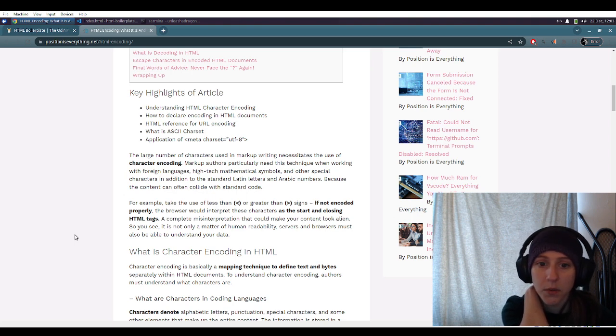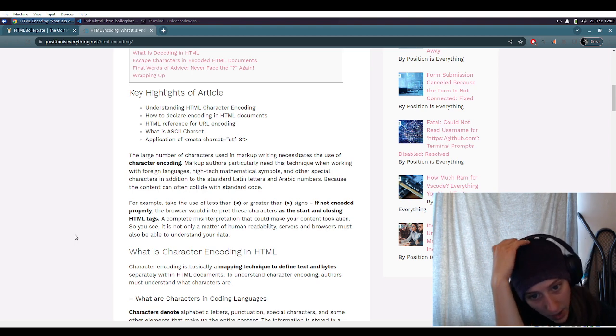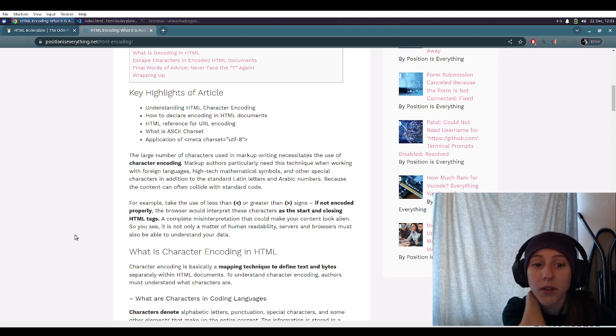So the large number of characters used in markup writing necessitates the use of character encoding. Markup authors particularly need this technique when working with foreign languages, high-tech mathematical symbols, and other special characters in addition to the standard Latin letters and Arabic numbers. Because the text can often collide with standard code. For example, take the use of less than or greater than signs. If not encoded properly, the browser would interpret these characters as the start and close of HTML tags, a complete misinterpretation that could make your content look alien. So you see, it's not only a matter of human reliability, servers and browsers must also be able to understand